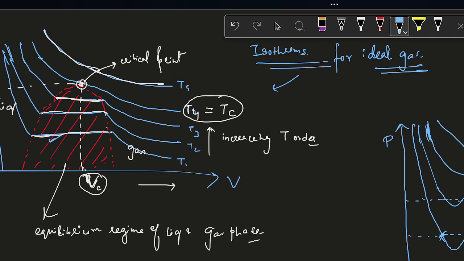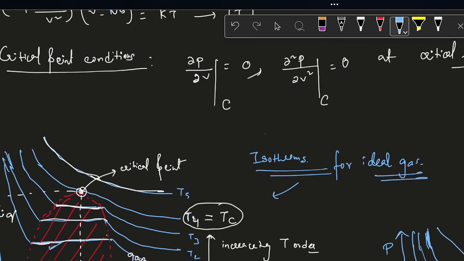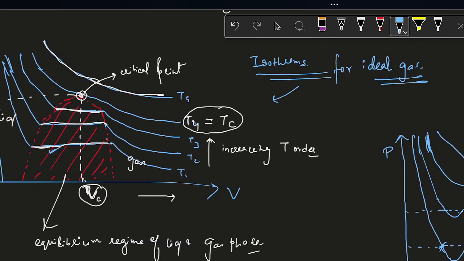This is a significance that is only valid for van der Waals gas, because you remember that in the van der Waals equation of state you have this v square term as a correction term. Once it is multiplied with the v term over here, it will have a dependence on v cube. That means a cubic dependence on the volume. So in van der Waals gas, because of this cubic dependence on the volume, mathematically that tells you